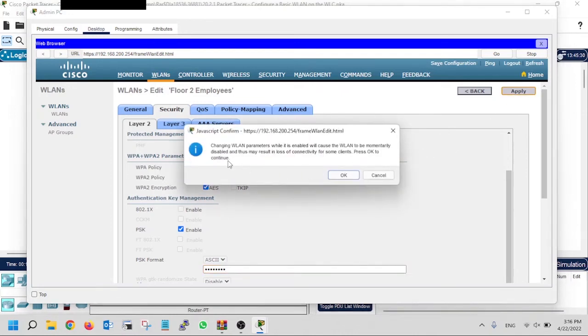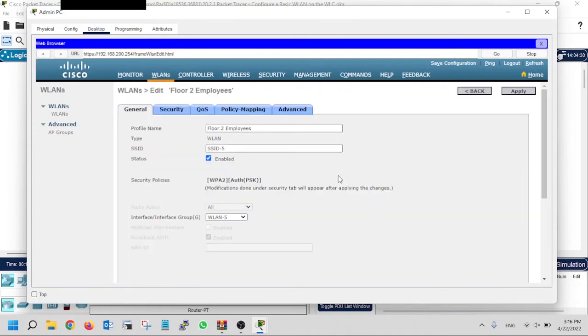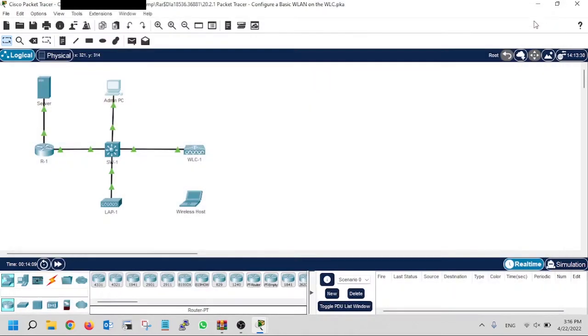It is saying that changing WLAN parameters while it's enabled will cause the WLAN to be momentarily disabled and thus may result in loss of connectivity for some clients. Press OK to continue. I am OK with it, and I will click on OK, and it will now save our configuration. So our task on the wireless LAN controller has been completed. Now I shall close this window and navigate to the wireless host